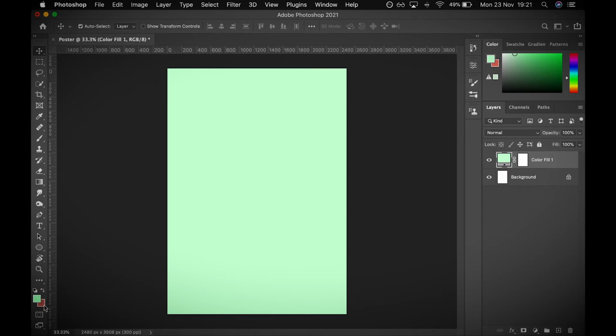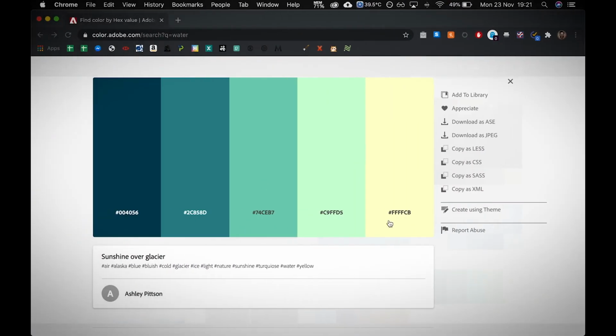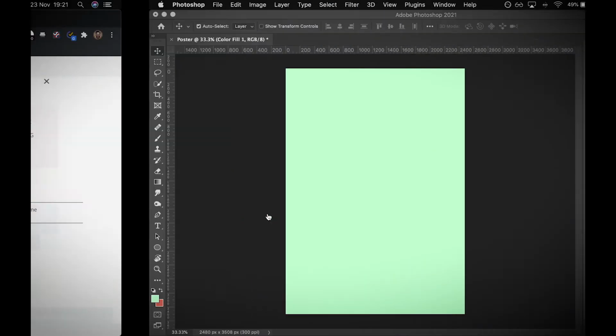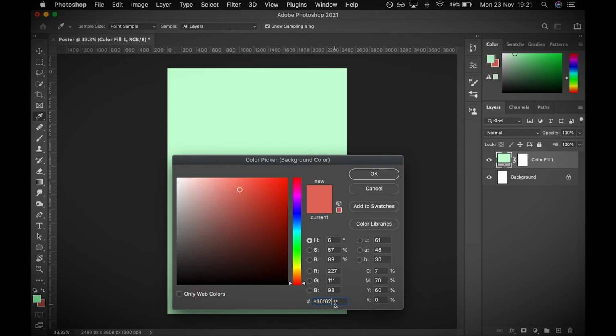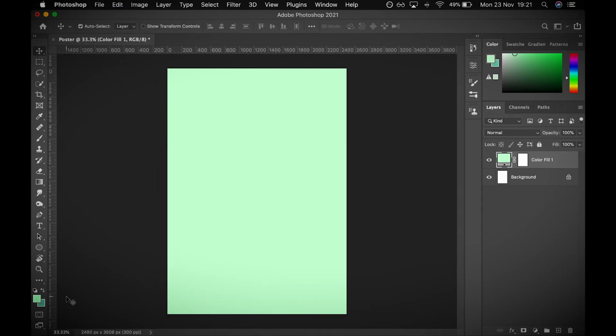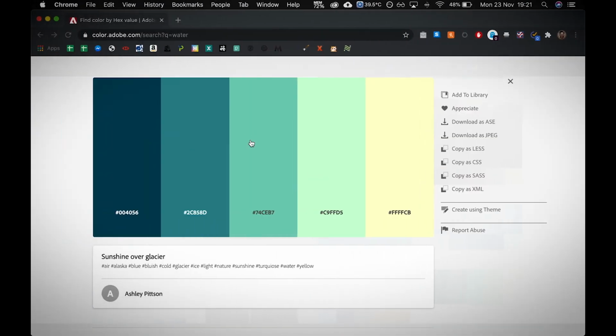That's a nice little colour I've got in there that I've previously used, but I don't know if that's going to work with that. But I do know that all of these colours work quite well. So I'm going to just choose the next one, a little bit darker. I'm going to copy that, and I'm going to put that in for the second one. Right, highlight there, paste it. There we go. So now I've got my two colours, and I know they're complementary because Adobe has told me